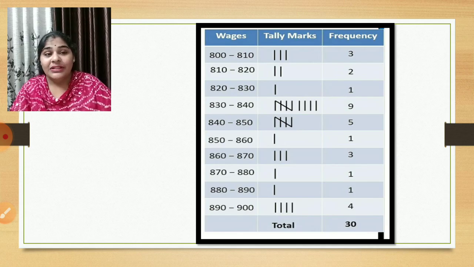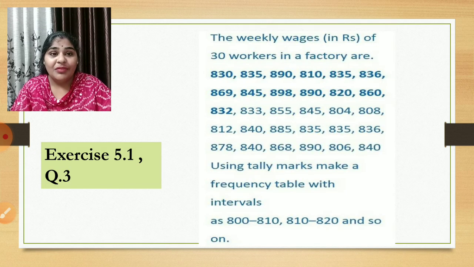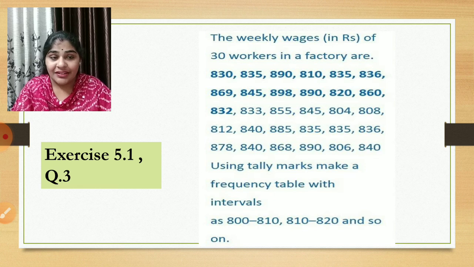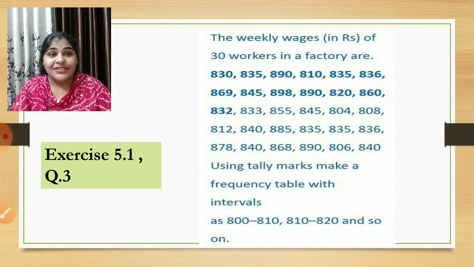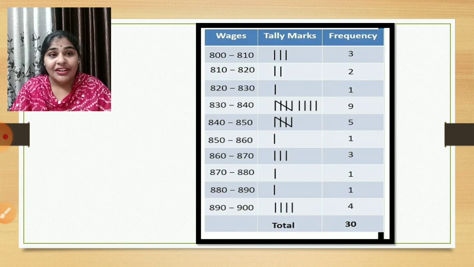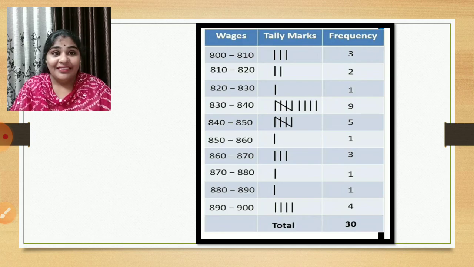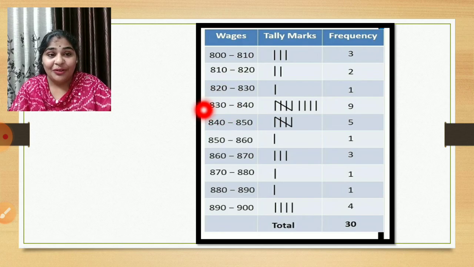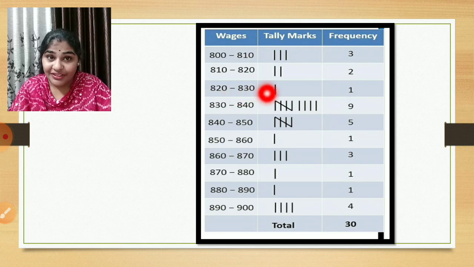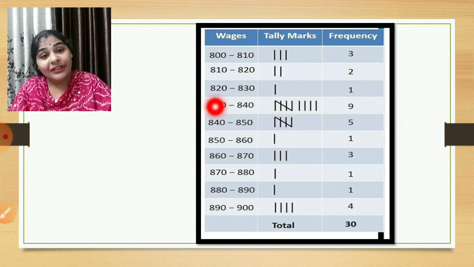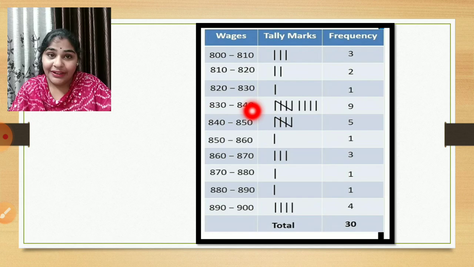And then you will start checking from 800 to 810, whichever numbers fall there. As I said, you can start cancelling one by one. The first number here is 830. I will cancel it with a pencil and come here. Now where does my 830 come? I already told you it should always go in the higher group. Wherever you see a common number like 830, you can see it in this group also, and in this group also. So it should always go in the higher group, that is 830 to 840.